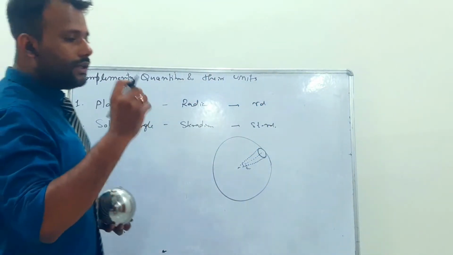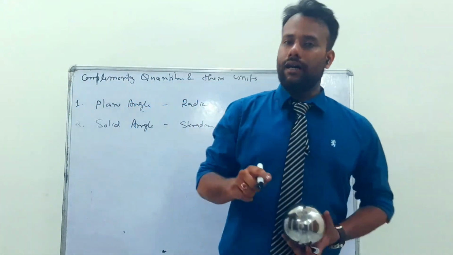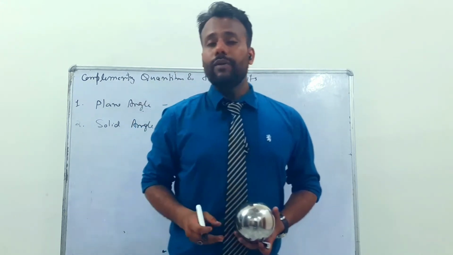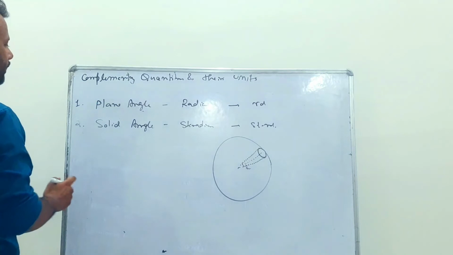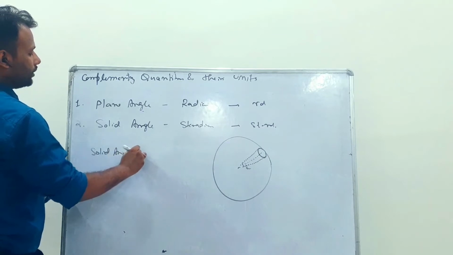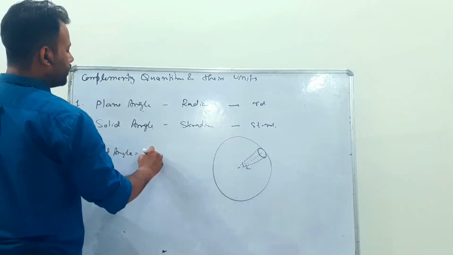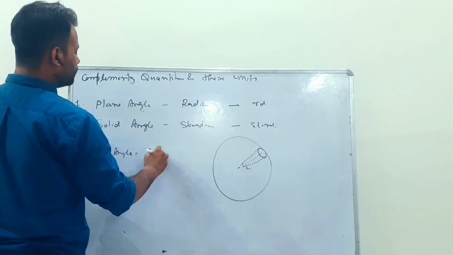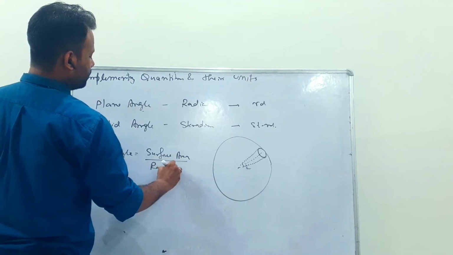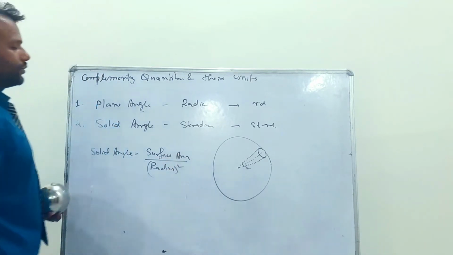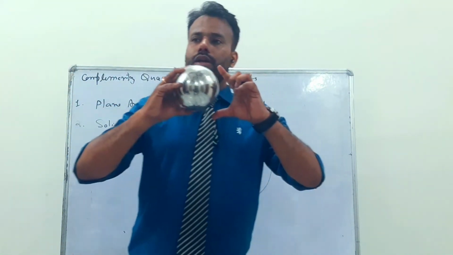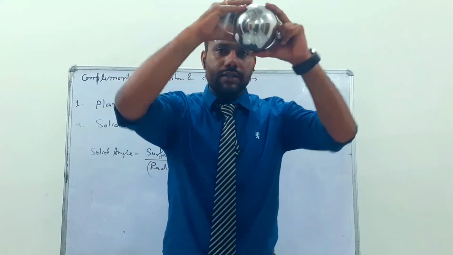We will define the angle subtended by the area at the center of the sphere. And that will be the solid angle. What is the formula? The formula is solid angle is equal to surface area upon radius squared. For example, I want to find out the solid angle subtended by the sphere, this complete sphere at